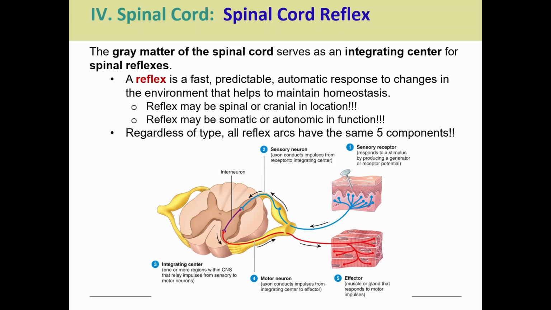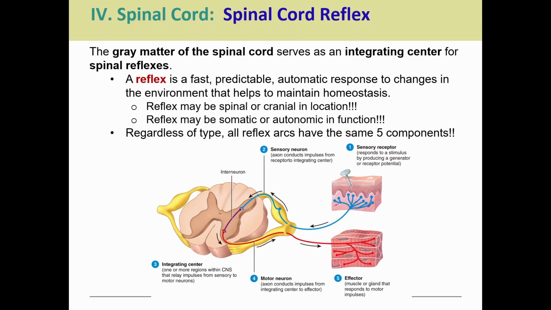Something a little bit lighter, I know that was a little heavy, is the spinal cord reflex. The reflex is going to be where the spinal cord does the integrating rather than the brain. So we bypass the brain completely. This is very fast, it's very predictable, you don't think about it, it's an automatic response, right? And this is to help us maintain homeostasis. They can be spinal or cranial, they can be somatic or autonomic. We're going to talk about kind of all of them, but before we get into different types of reflexes,